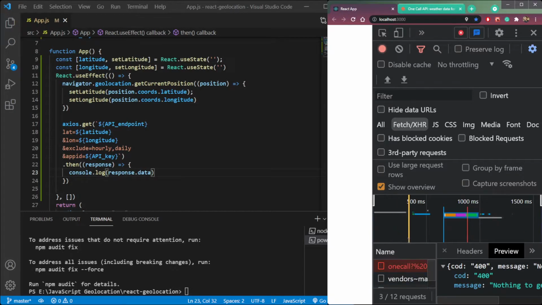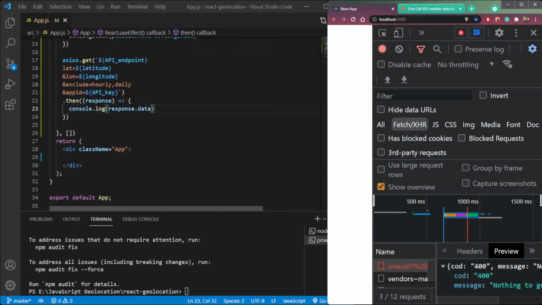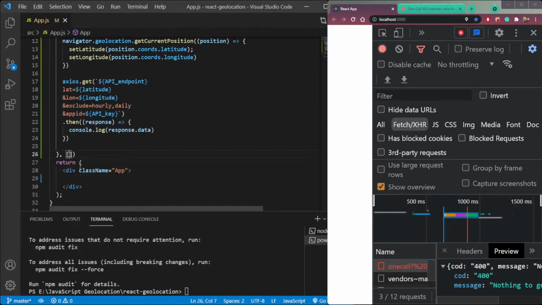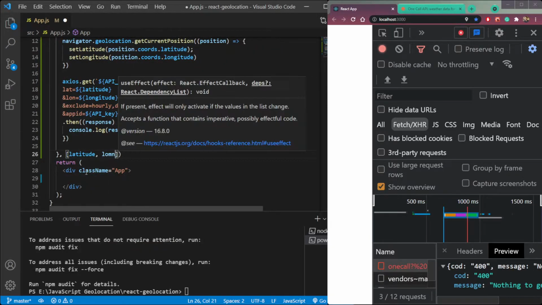Nothing to geocode. So I think we need to use latitude and longitude here. So put it here, then it will work.